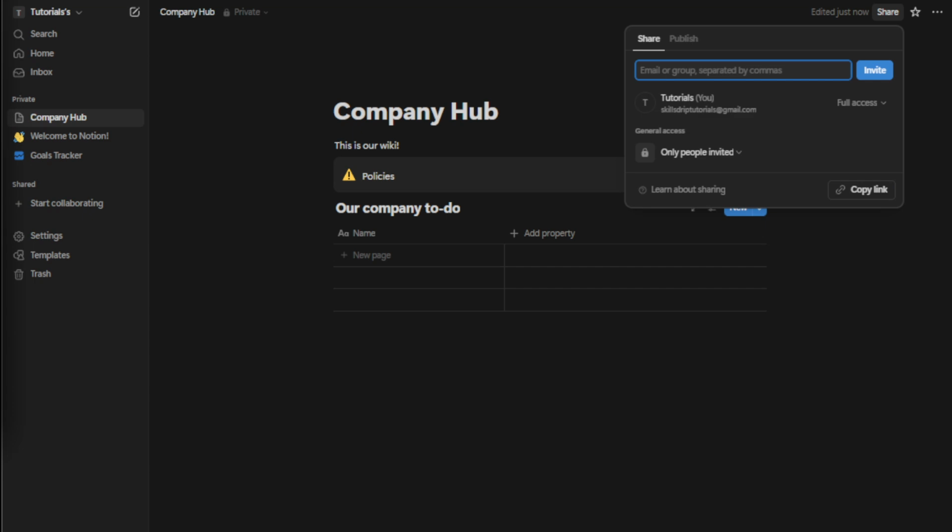And that's it. By creating a centralized company wiki in Notion, you can facilitate better communication and foster a more organized working environment. Not only will this save time and reduce confusion, but it will also encourage a culture of sharing and